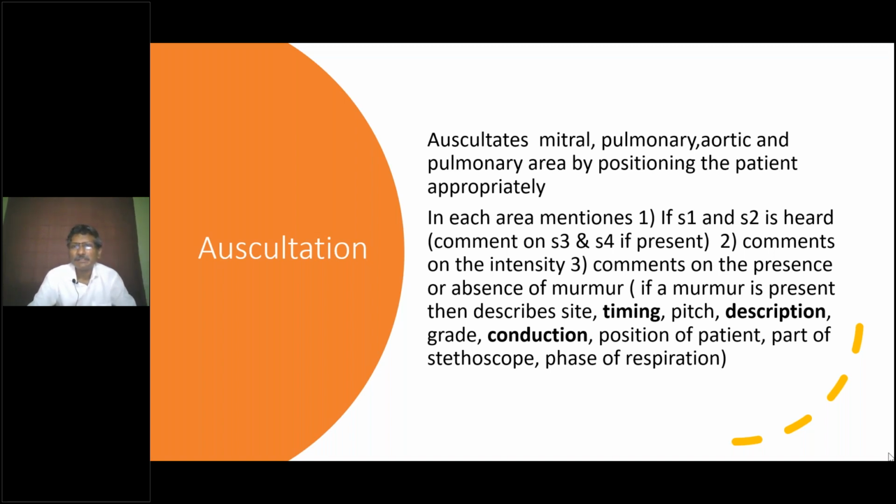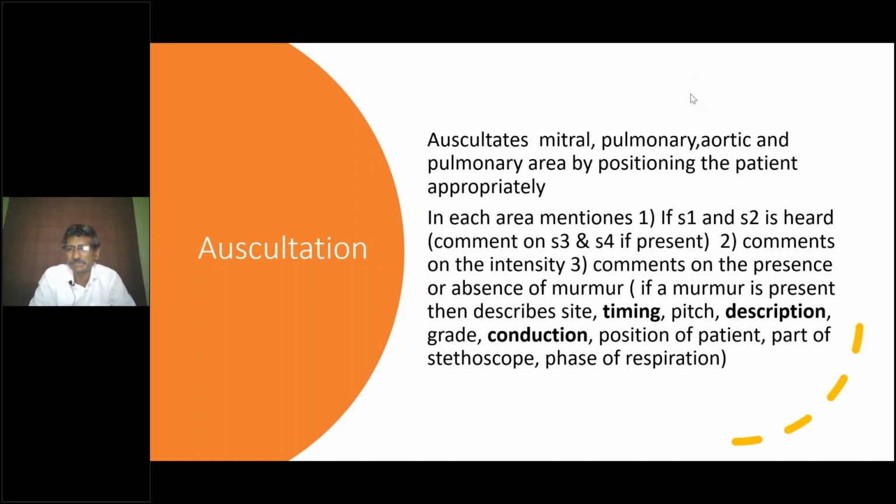Okay. Now, the remaining things which I mentioned there are what is important. So now I'll tell you how. First thing you will appreciate is the site, because you know where you are keeping the steth. Second is the timing. When you concentrate on the sounds and simultaneously palpate the carotid, you can know whether it is a systolic murmur or a diastolic murmur. Next thing you have to appreciate is the description. Description is how the murmur behaves between the first sound and the second sound.